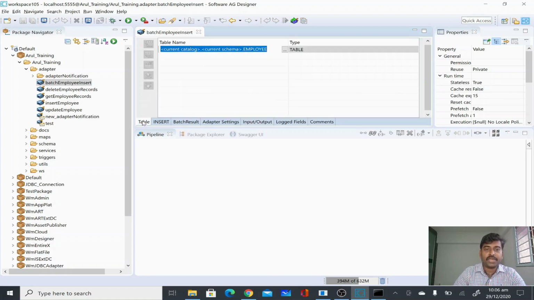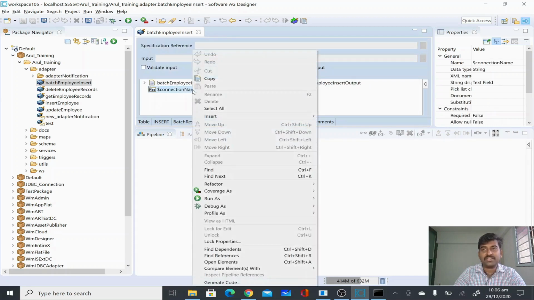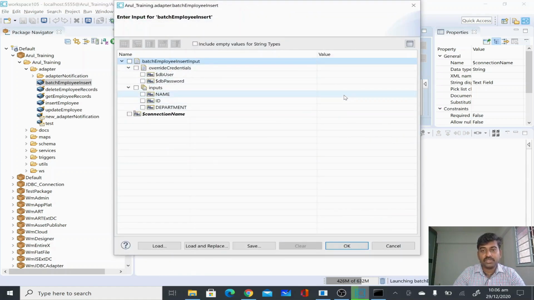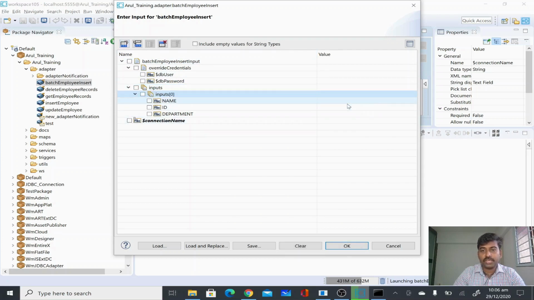I can run this service directly, and in general we will be calling this batch insert from our flow service, so that whatever data is coming into our pipeline, if I have 5 records or n number of records, we can use this batch insert to insert all the records at once. I'll run this service, run as flow service, run as service, which runs the adapter service. As this is expecting multiple records, you select this document list and this insert row. Add row, you just click it, so that it will be the 0th record. I'm going to insert 2 records.